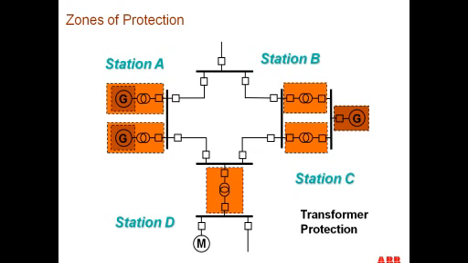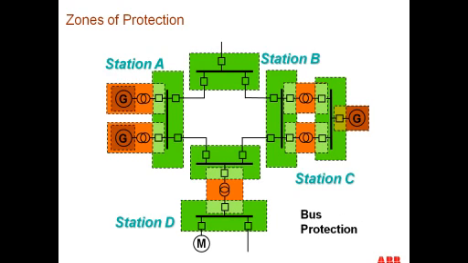We next would have protection for the transfer protection. You can see now the transfer protection could actually overlap the generator protection and go all the way to the high voltage breaker on the source side or the load side of the high voltage breaker by using the CTs again. We now look at the bus protection, and now the bus protection overlaps this transfer protection by using the